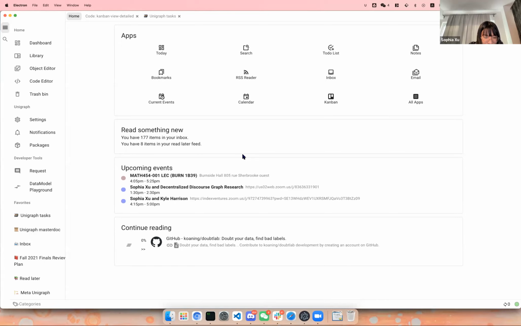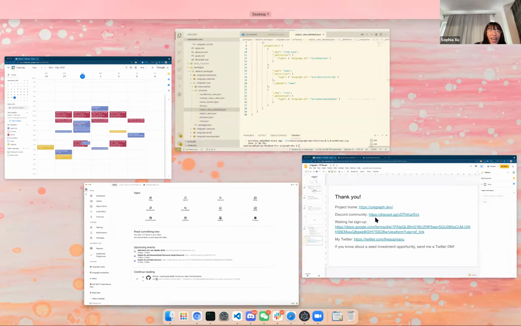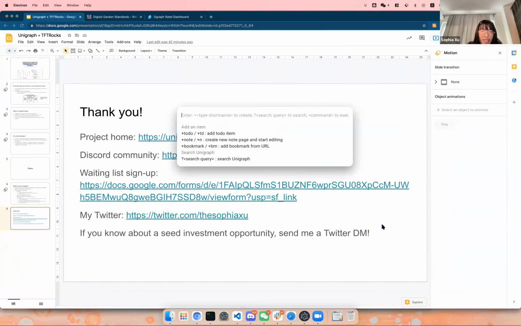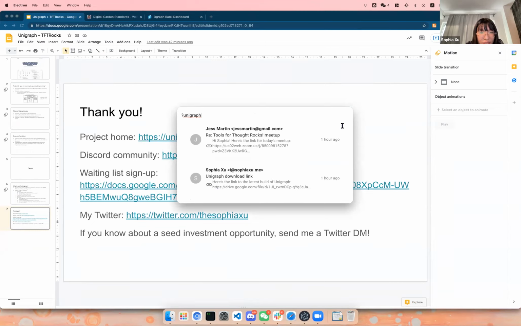And I think another question you asked is, what is the universal search? Yeah. So for example, what I showed here, I use Command E for the global shortcut, and you can basically add an item or search for Unigraph. Basically, if you want to search, you just need to add the question mark as a predicate in the search query, and you can search for everything anywhere. Like here, for example, and you can also add a new object.